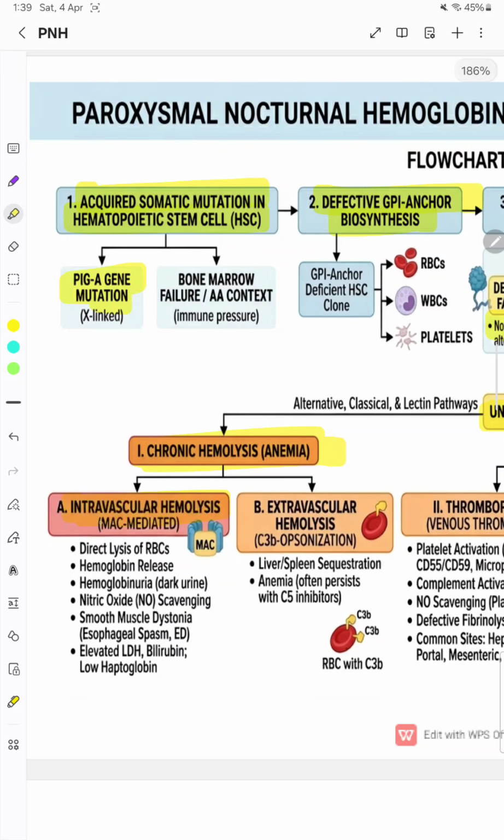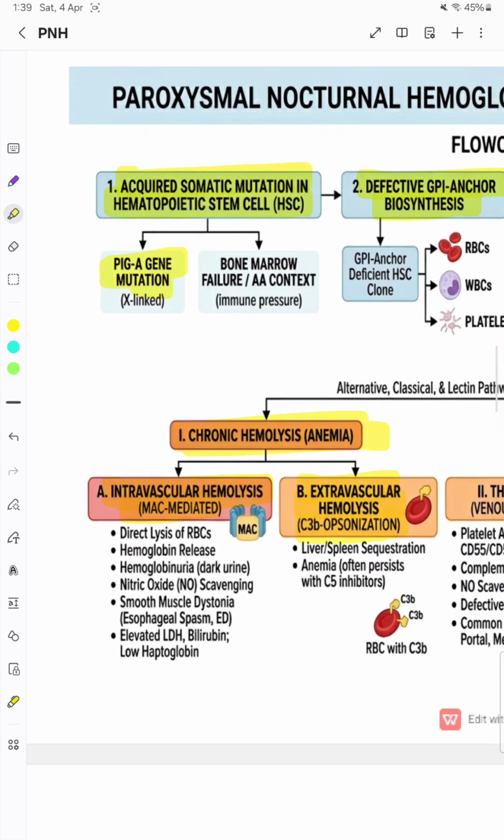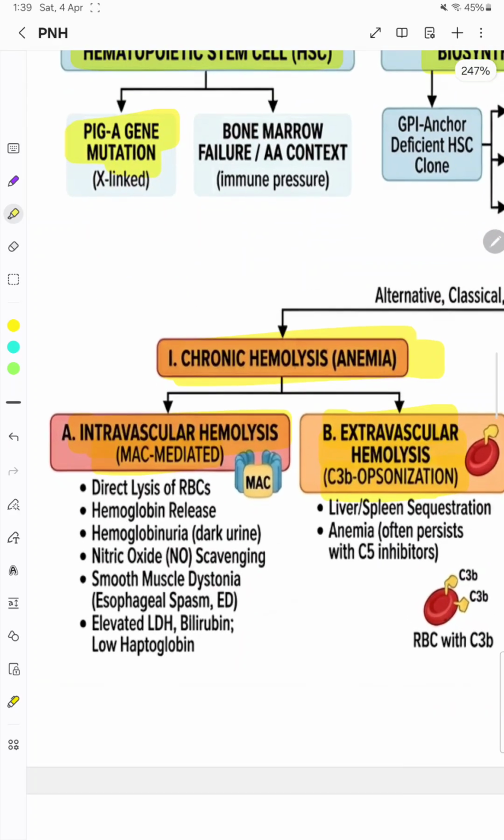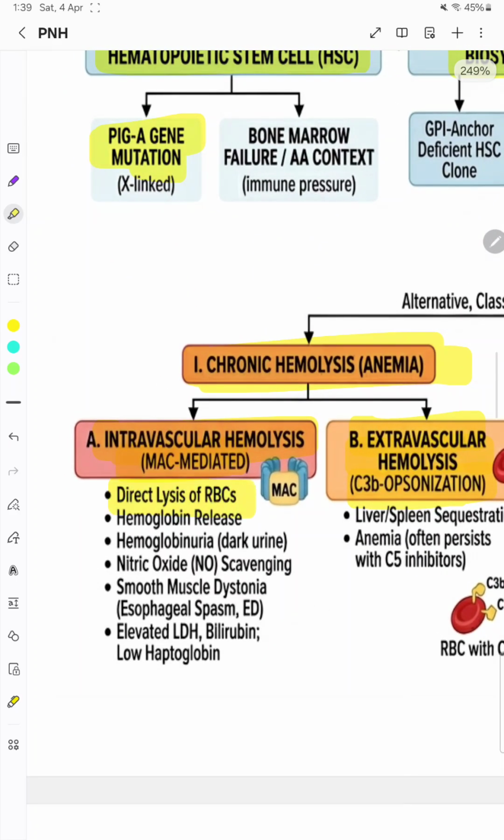This can be intravascular, which is membrane attack complex mediated, or extravascular due to the lack of inhibition of the C3 convertase. As C3b acts as an opsonin, this will result in increased phagocytosis of red cells by the macrophages of the spleen and liver. So in intravascular hemolysis, there is direct lysis of the RBC due to activation of the MAC,